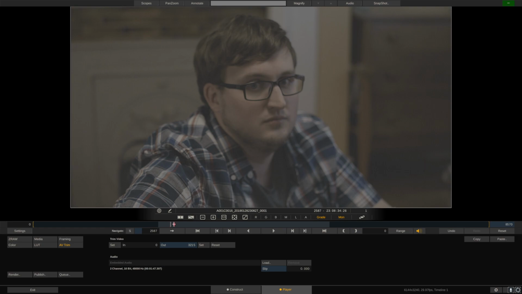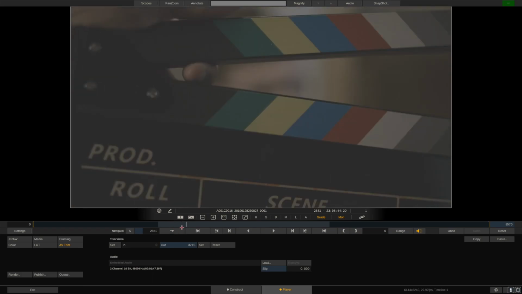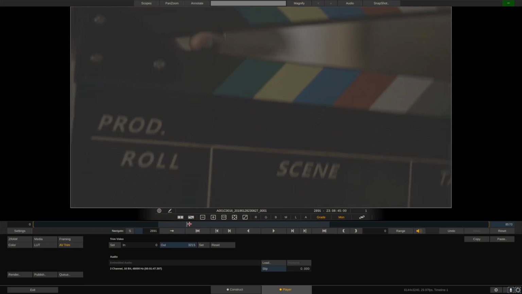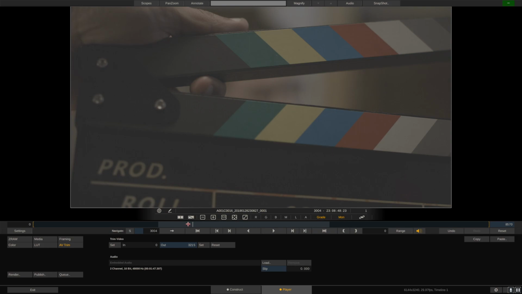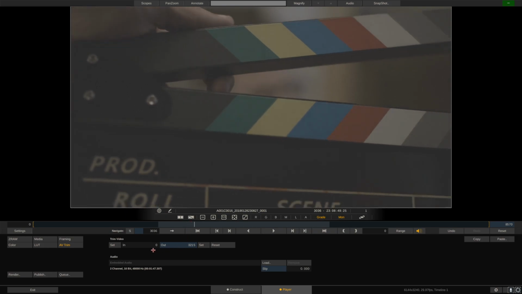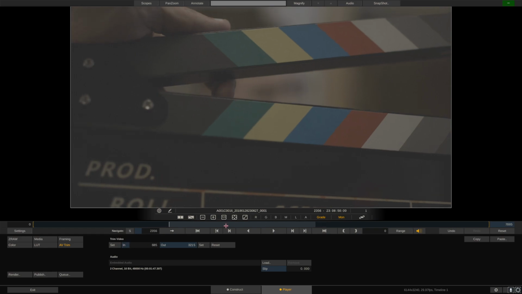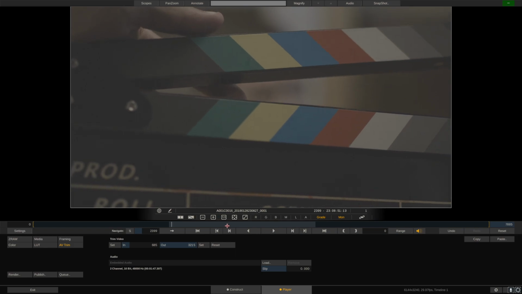Now, if you didn't slate, you might not need to do that. However, even if you didn't slate, I still highly suggest that you change the start and end time for your clips. I really suggest that you do this. It's a lot better for organization. Maybe you took a couple seconds to say action before you started or whatnot. It's a lot better if you do it that way, at least in my opinion, because the problem is